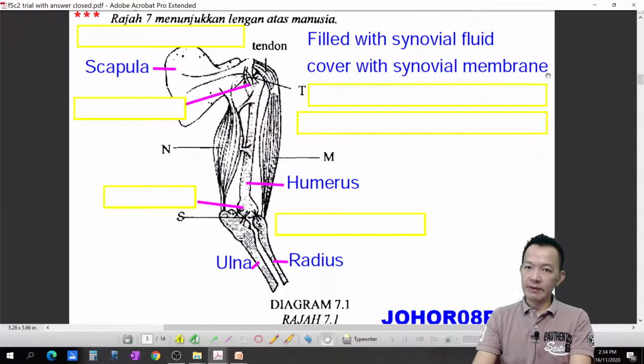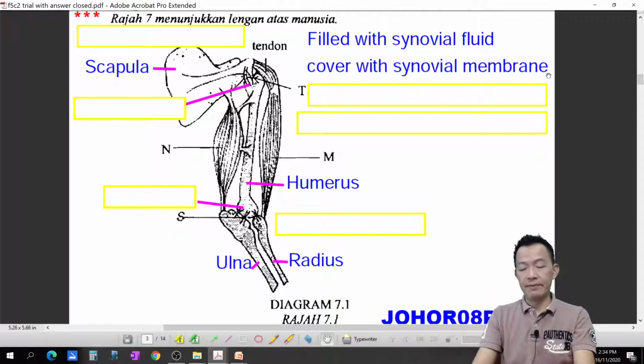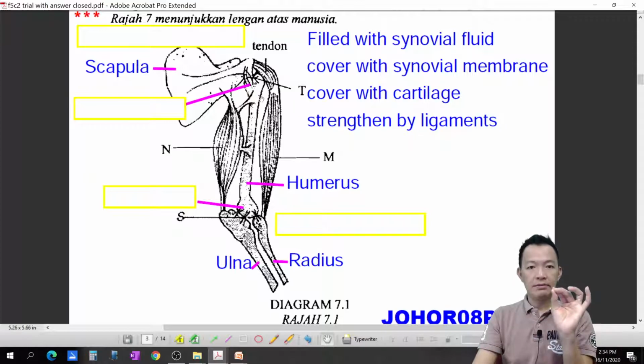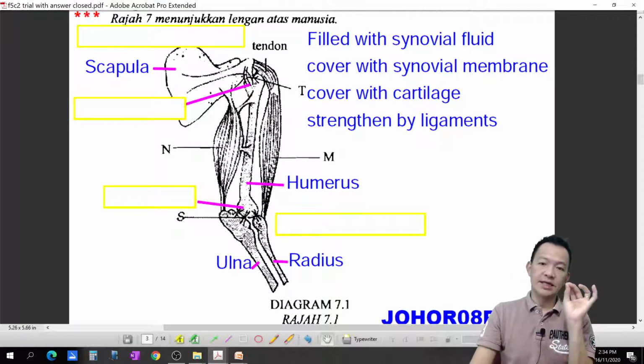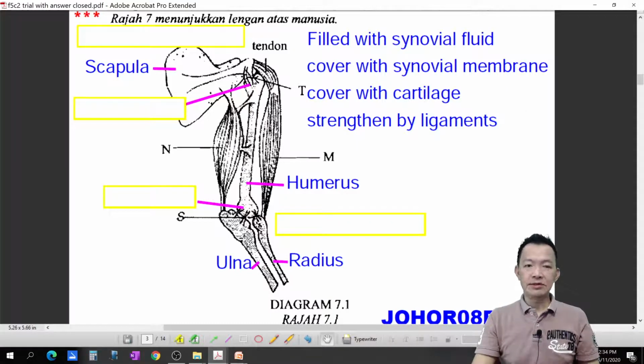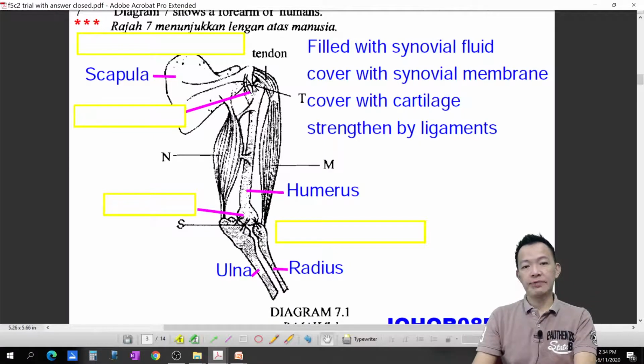Covered with the synovial membranes, covered with the capsule, and under the capsule it contains a synovial membrane. 对不对？Cover with cartilage，这边有软骨在包着。而 strengthened by ligaments，有很多的韧带粘着，增强着。So these are the similarities. And any difference? 有什么差别呢？The first difference 第一个差别就是名字了，ball and socket joint，这个叫 hinge joints，对不对？而 beside this 它们还有什么差别呢？